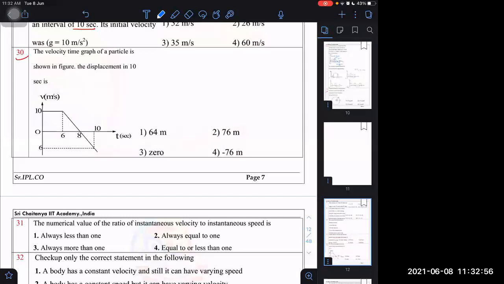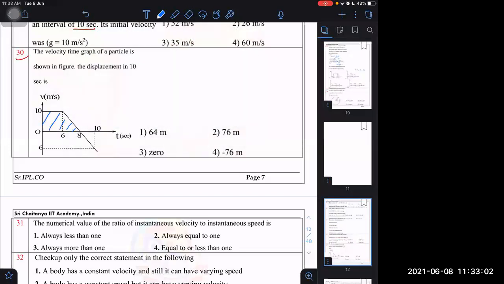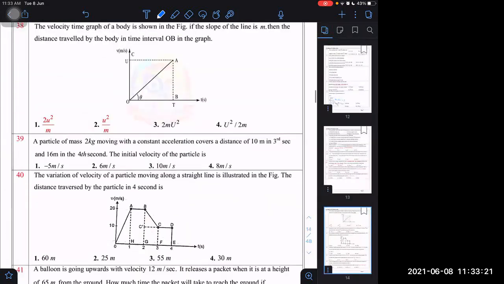Question number 30. Can you do this? Displacement is simple only, I think. Can you find displacement here? Positive area, and this we have to take as negative area. Reason? Downward is negative. If they ask speed, then both areas will be taken positive. Otherwise, the lower one will be taken negative. This is displacement. What is the upper area? The upper area is again a trapezium area. You can get it easily. The lower area also you can get. It is not tough. I am leaving it for you.